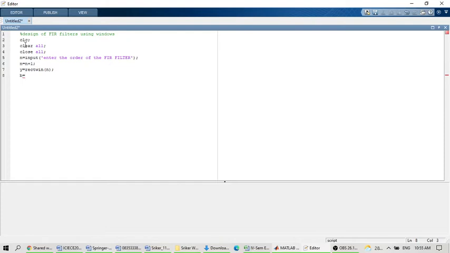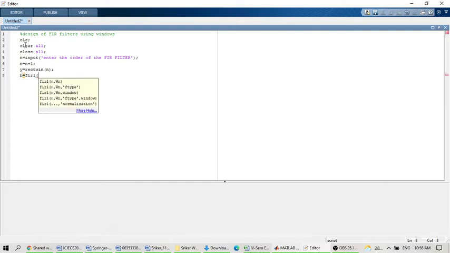Therefore, the FIR filter transfer function consists of only the numerator coefficients. It doesn't consist of any denominator coefficients. That's why the output variable I am saving as the variable b. So what is variable b here? It is used to store the numerator coefficients of the FIR filter,